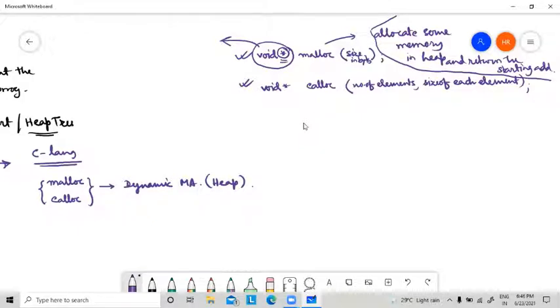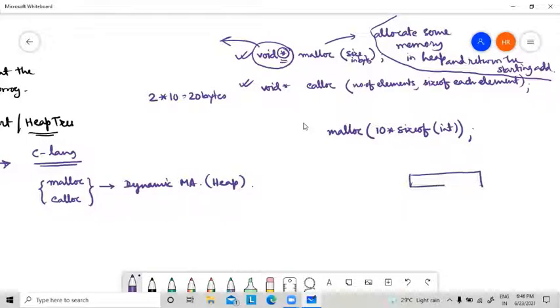If I write malloc, I have to give some size. Suppose I am giving 10 into size of integer. Size of integer is 2, so 10 times 2 means 20 bytes. So this malloc function will allocate 20 bytes of memory. This is the 20 bytes memory.